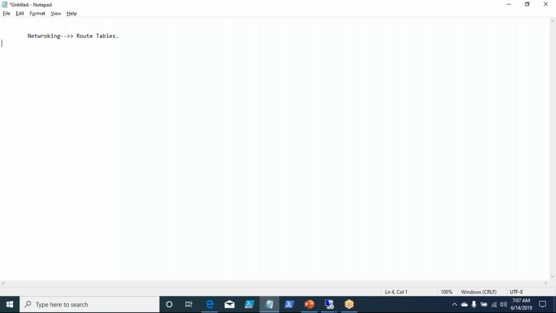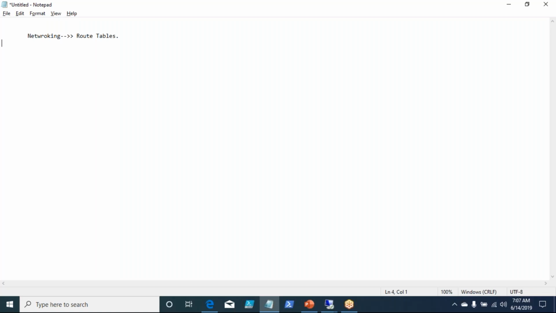So you may have to put some routes in place so that the traffic will go in a specific routing path or route path rather, right? That's where you define some static routes at OS level or even at the network level as well, right? So your route table basically defines how the traffic should flow between the different subnets or between the virtual machines within different subnets, right? That's what your route table will define.